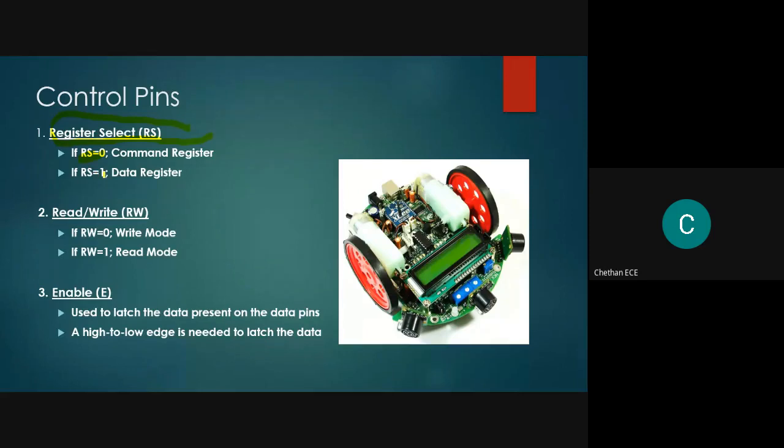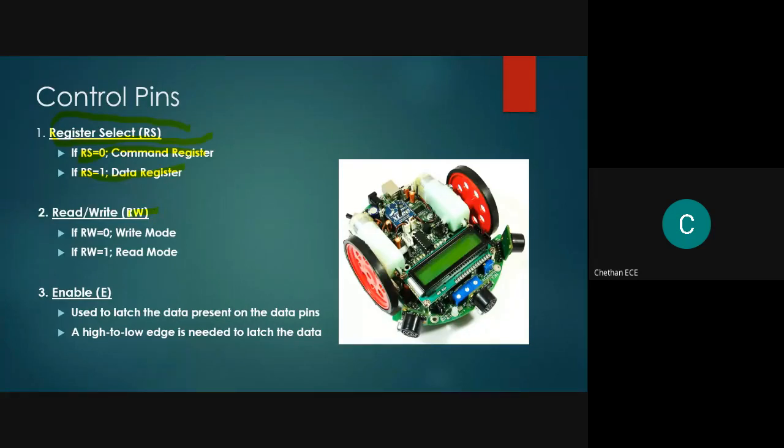If we make RS equal to 1, we can send the actual data to be displayed on the LCD. Therefore, as a programmer, we should know whether we want to send the command or the data. If you want to send a command, you have to make this bit 0. Otherwise, you have to make this particular bit 1.